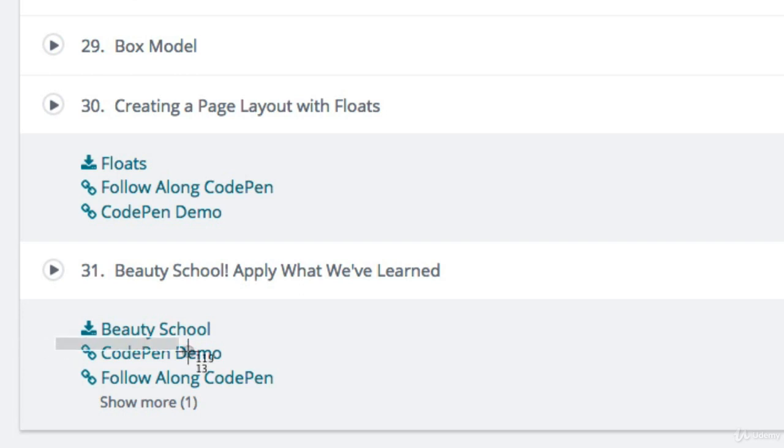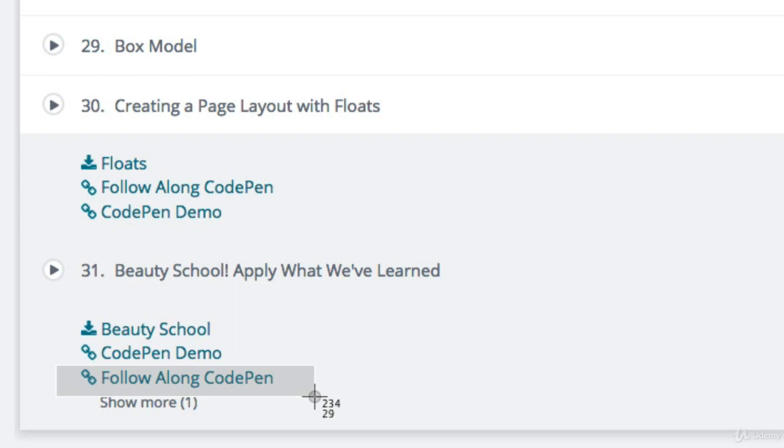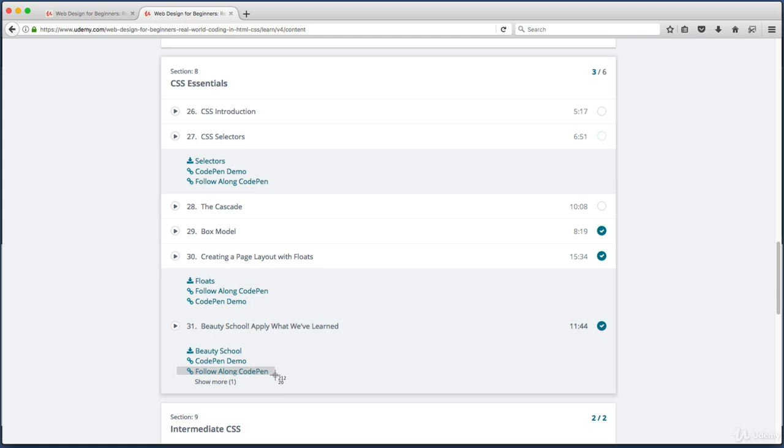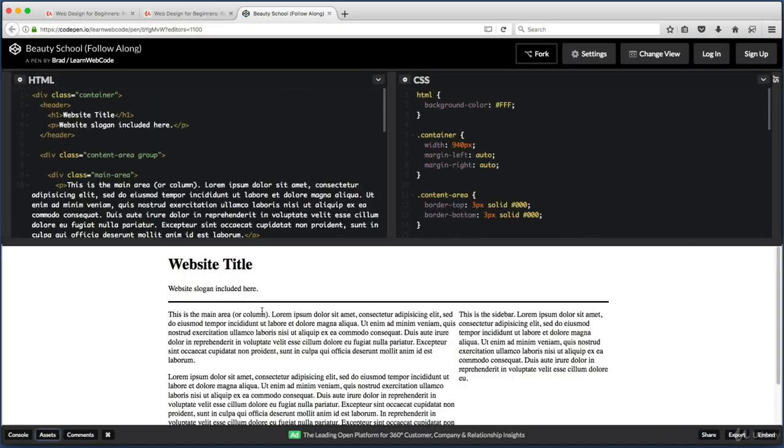I've set it up so the demo is an example of the finished product, and the follow along link is the code in its beginning state of the lesson. So this makes it very easy to follow along with me step by step. So for example, if I click on the follow along CodePen, I'm just one click away from an interactive playground where I can follow along with the video lessons in this